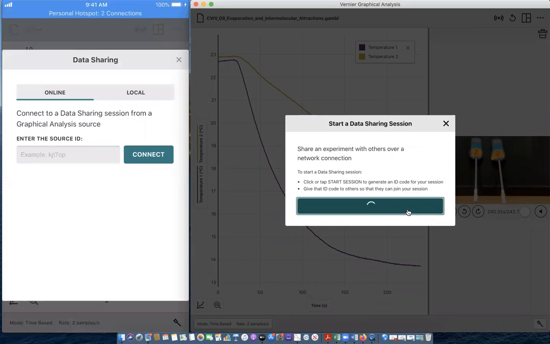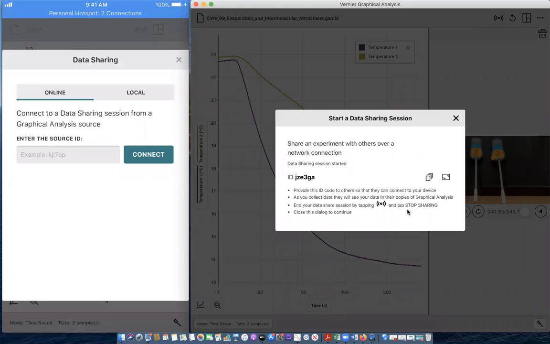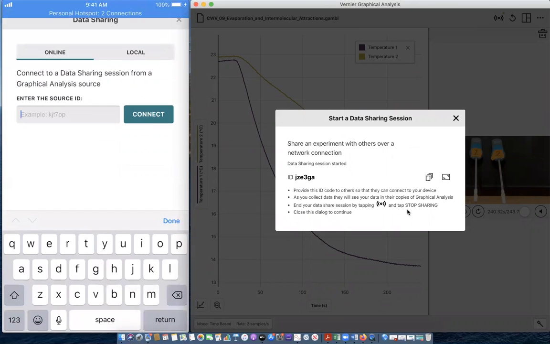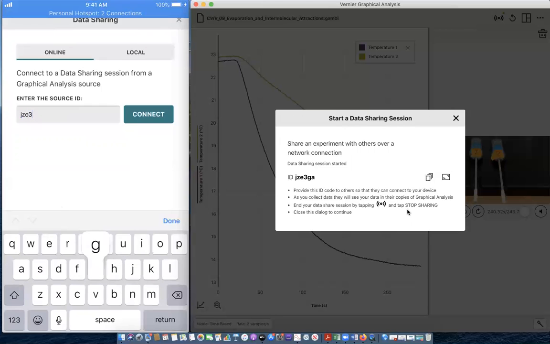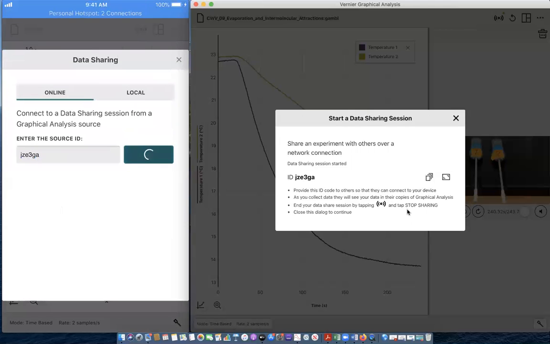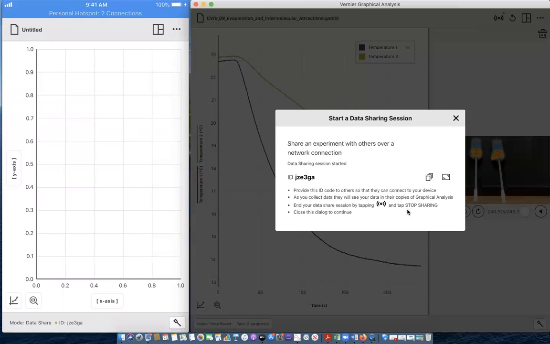It'll generate an ID that you could use, and any device on the same connection using this ID on the internet will be able to see what's going on on the teacher's computer. So the code is JZE 3GA for this particular session. And when I enter that, I have now linked up to it on my